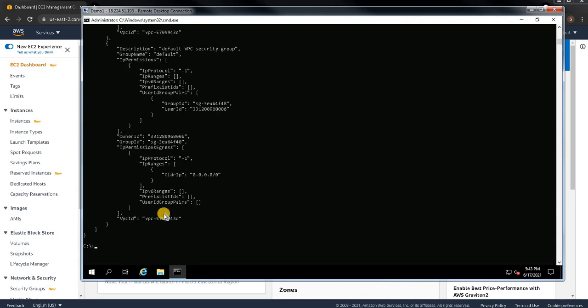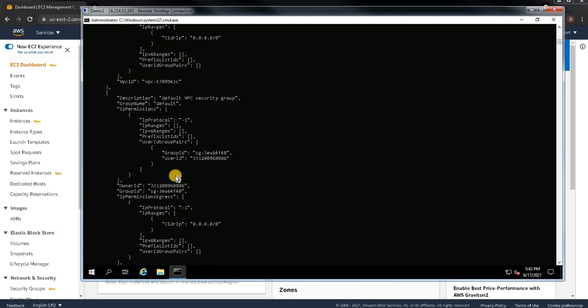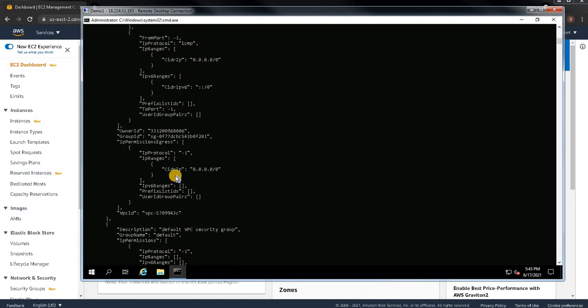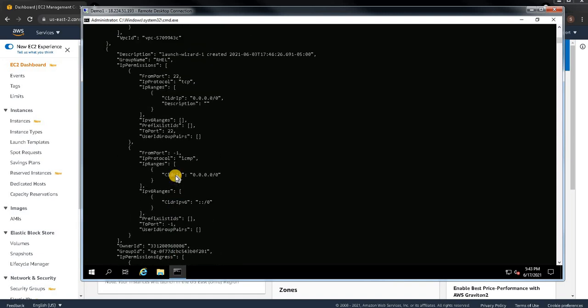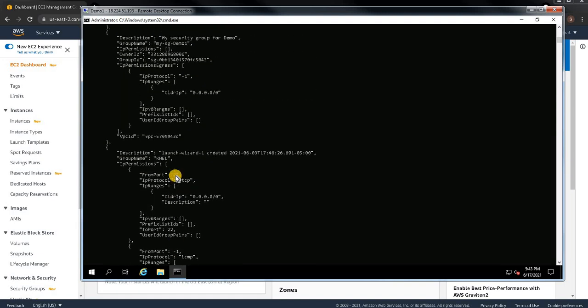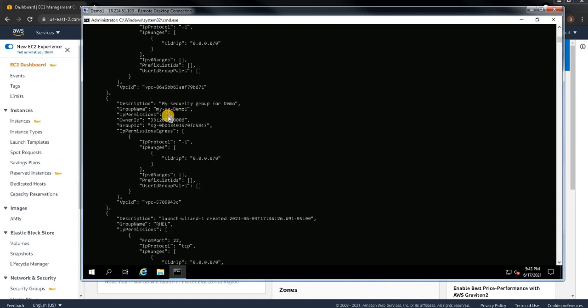This is demo, RHEL. Okay, see here, my SG demo 1. This is the one which we created. You can see the timestamp also. It is today's date.